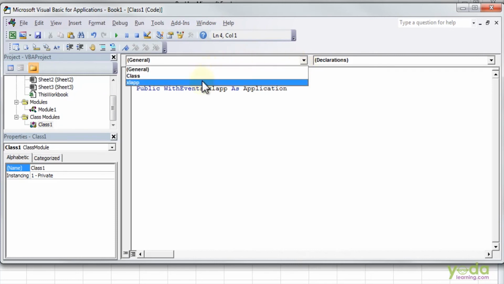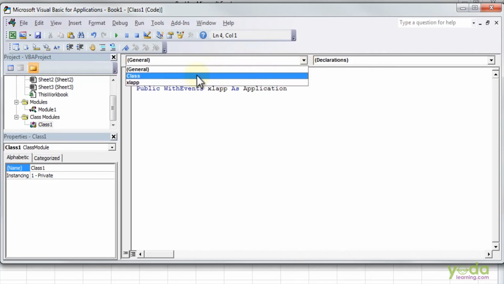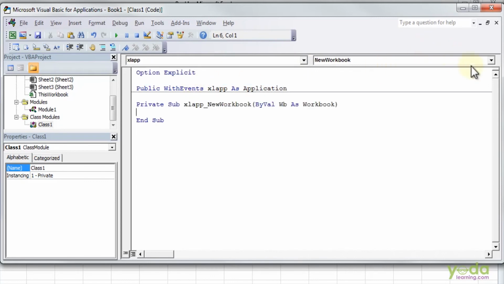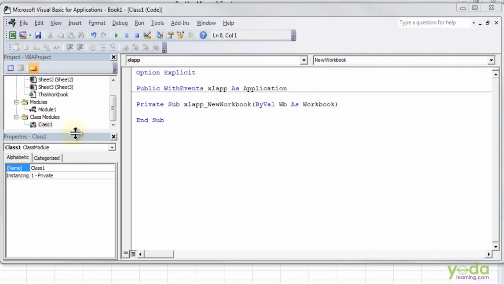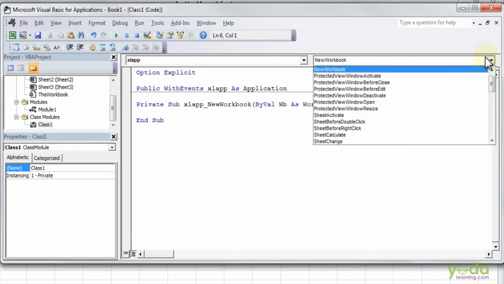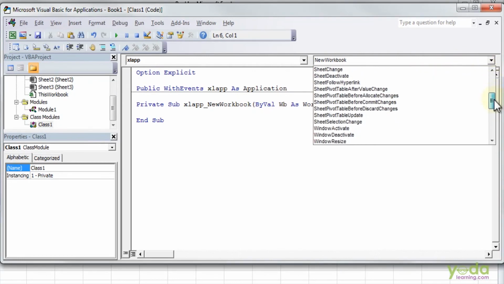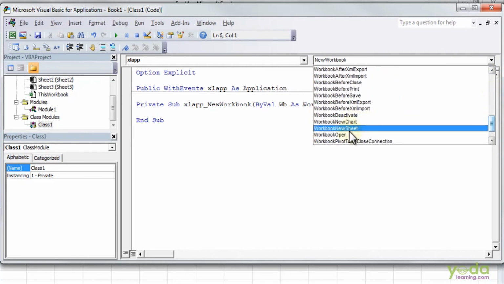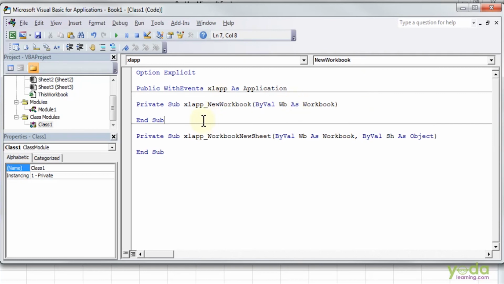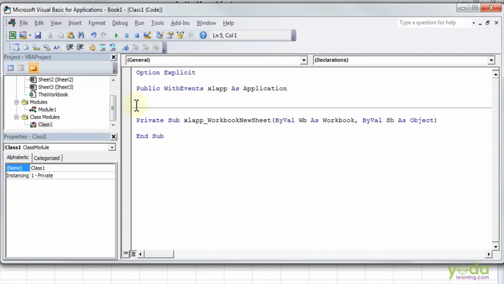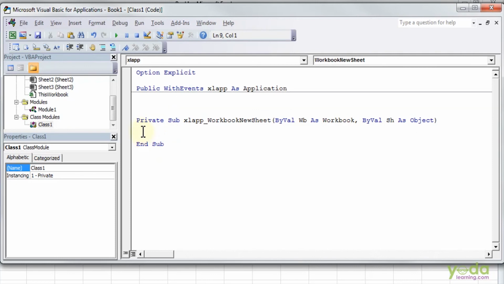So here you have ExcelApp. You need to enable this. In the ExcelApp, we need the WorkbookNewSheet option. Try locating the WorkbookNewSheet. So here is the one. I'll remove the earlier one, which was the default. And here you need to type